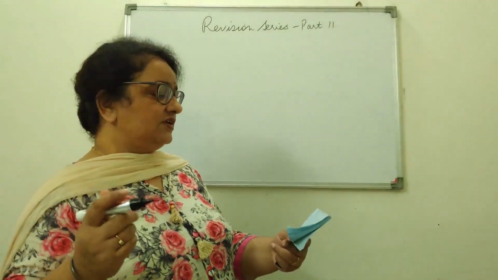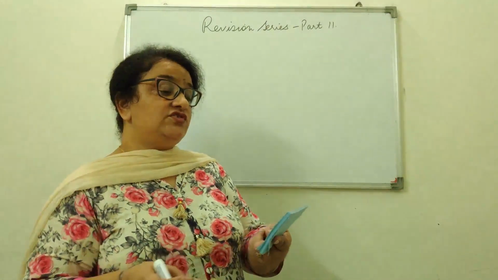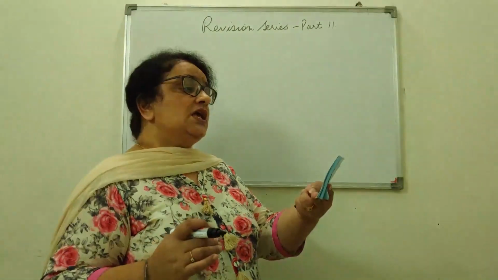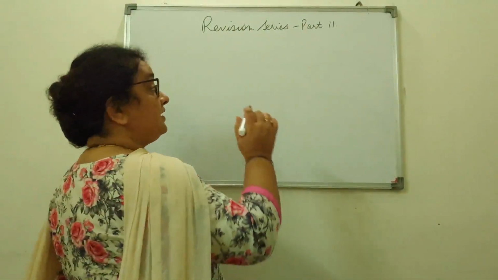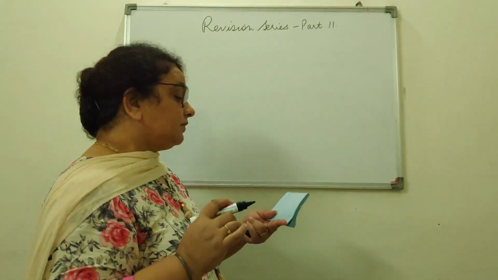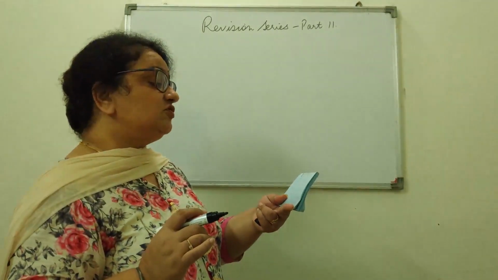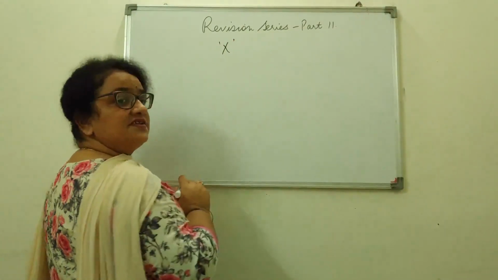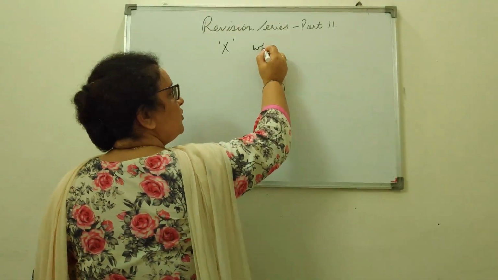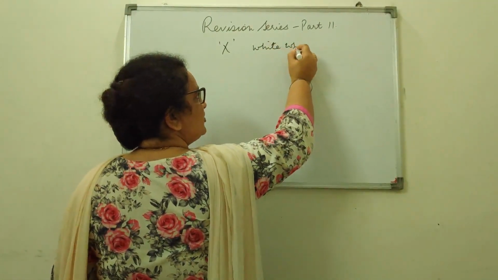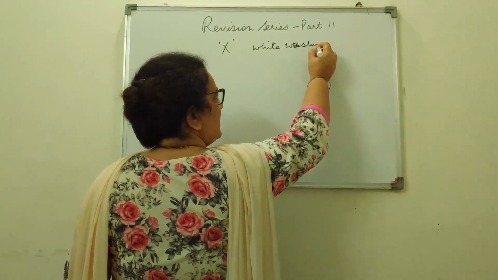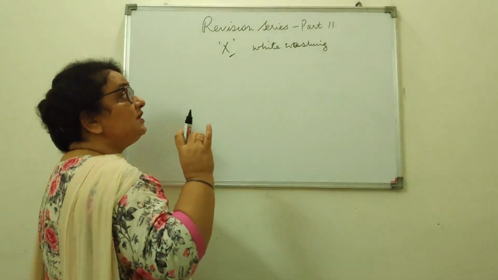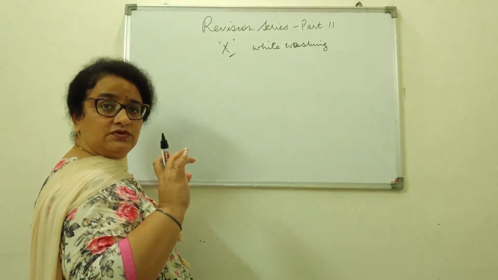and decomposition reactions. So here is the first question. There are a few important questions, and I won't be taking all the questions. A solution of substance X is used for whitewashing. It's an NCERT question. Substance X is used for whitewashing, right? And you have to name this substance, name this chemical compound